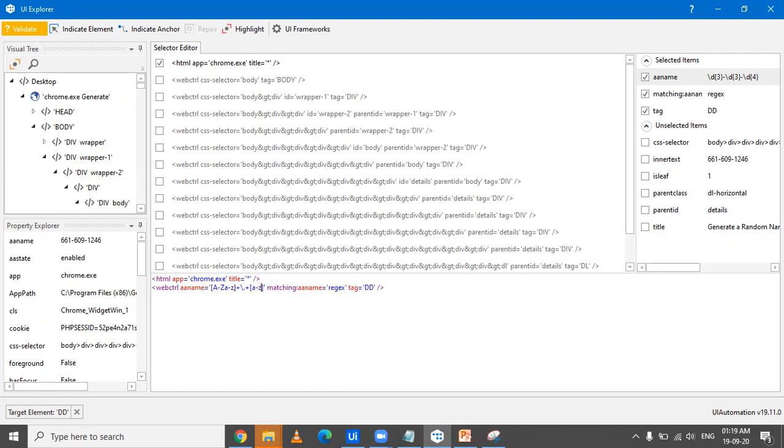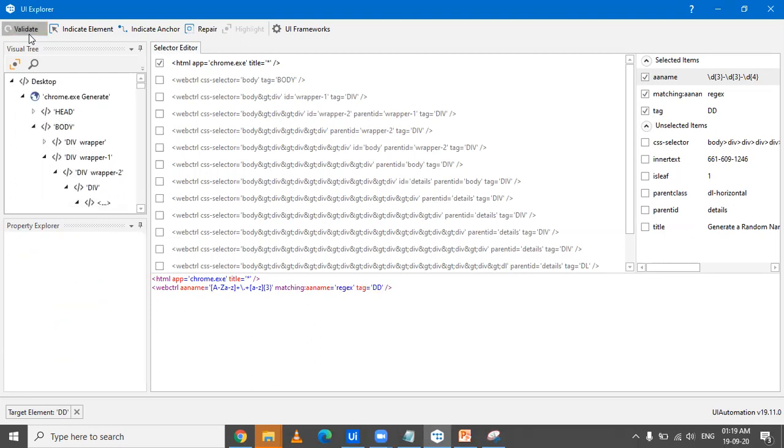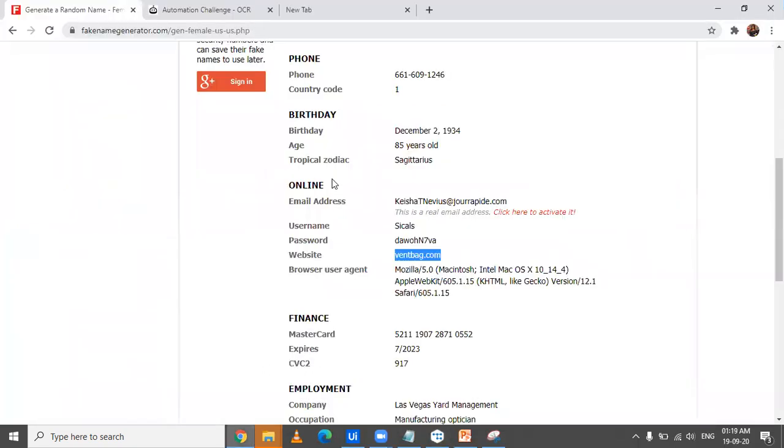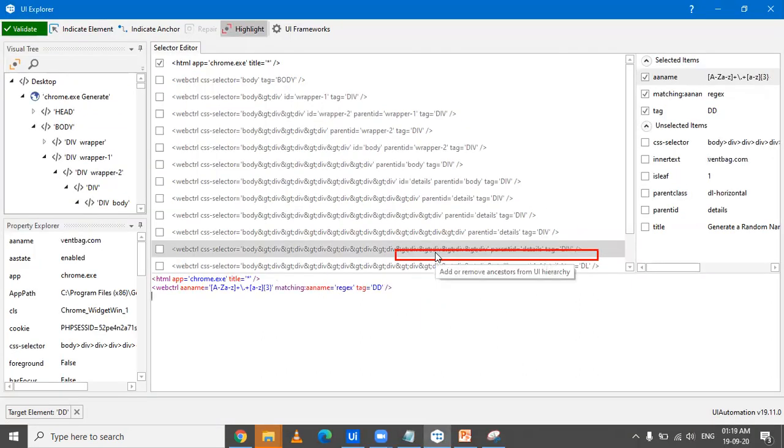So if the domain would be in small letters, it could also be in caps. It's up to the requirement, or whatever variation you see. So as for now, I'm marking it that it has to be of 3 characters. That is, it could be dot com, it could be dot ind, anything having 3 characters. Okay. And now let's try validating this thing and see what particular thing it's highlighting. And I click on highlight, and I see that it's highlighting this wentback.com. So this is how you can make regular expressions in your selectors, so that your selectors are intact and do not break.